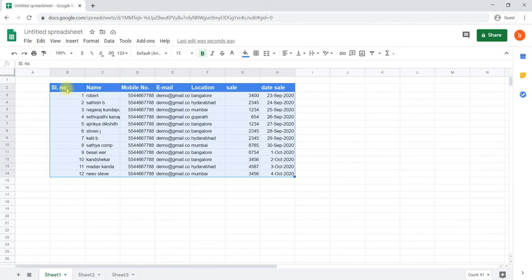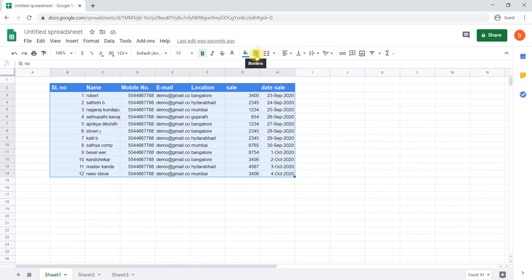If you just click the Shift key, then it will be selected one by one. The up arrow key deselects one by one, the down arrow key selects, similarly the left arrow key will deselect and the right arrow key will select again. This is the way we can select the data.